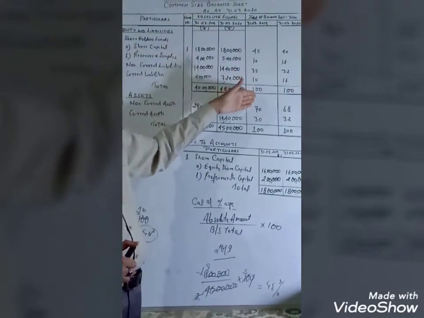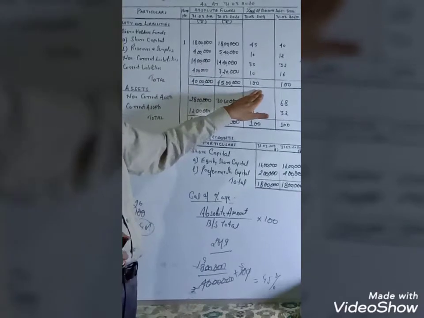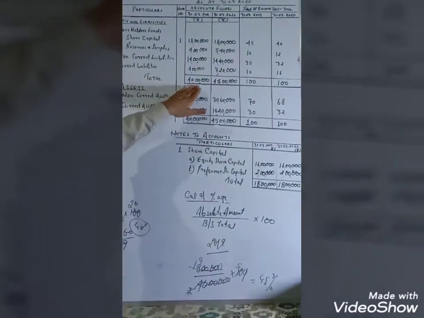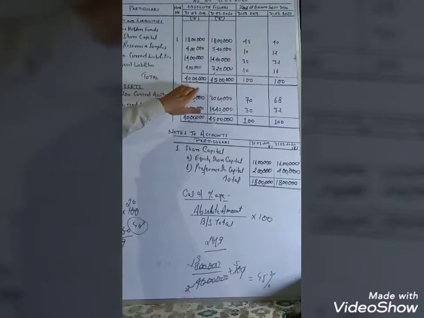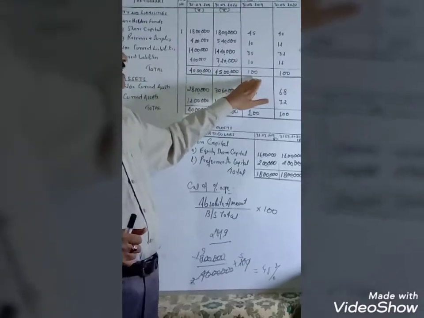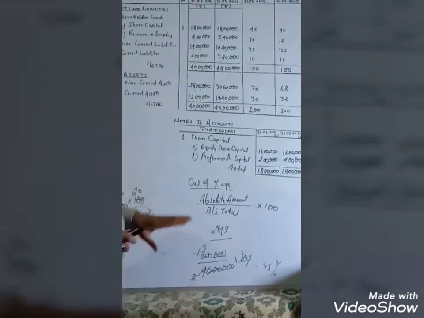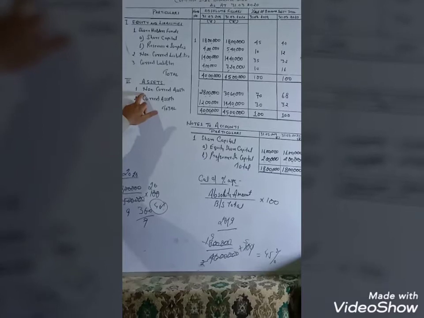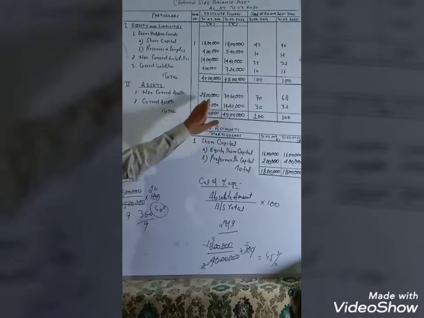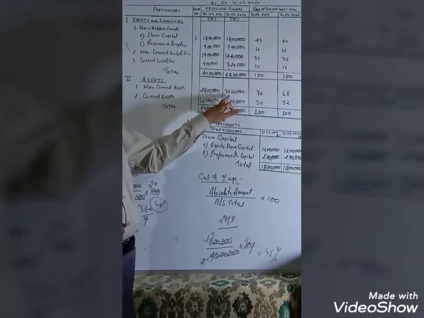So we will make a sum total, it will always be 100. Because we have taken a common factor, the balance sheet total, it will always be 100 for both the years. Now in the asset side, first major head is non-current assets. For the year 2019 it is 28 lakh and 2020 this is 30 lakh 60,000. And current assets, this is the second major head, 12 lakh and 14 lakh 40,000. Sum total will be 40 lakh and 45 lakh.